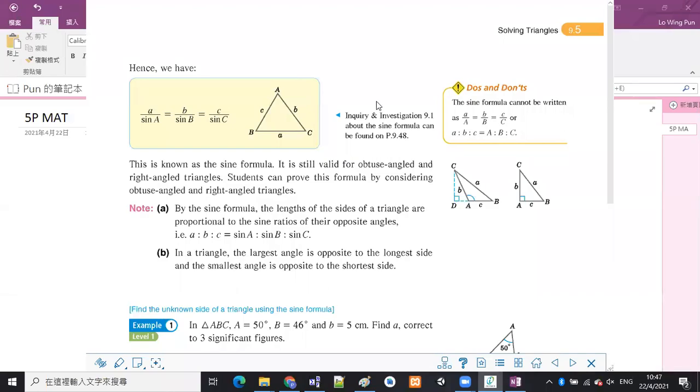In this chapter 9, we are going to learn 4 formulas and the applications of the 4 formulas. All of them are about triangles. So in junior forms,